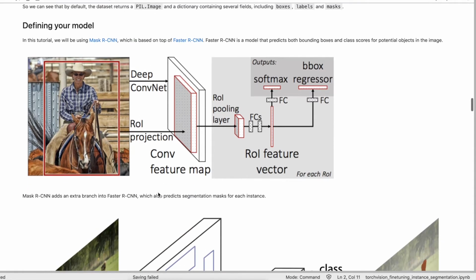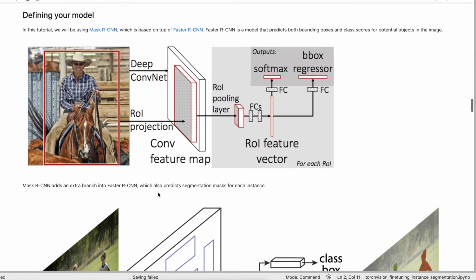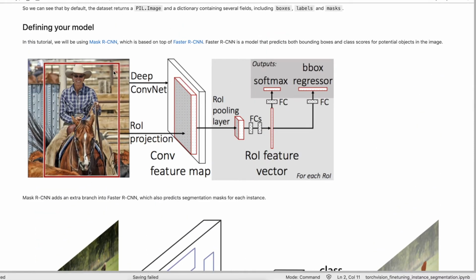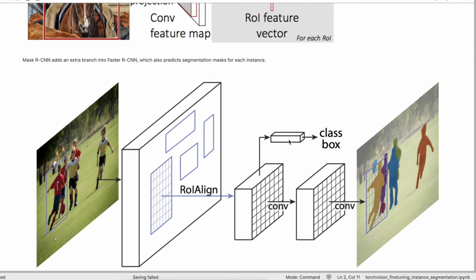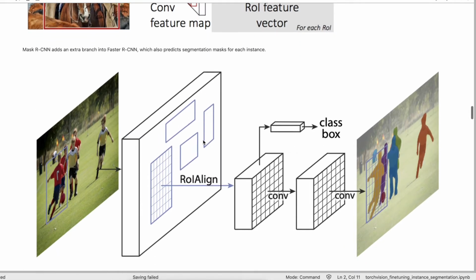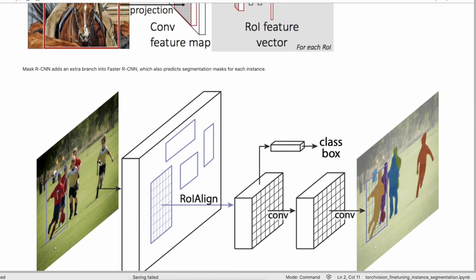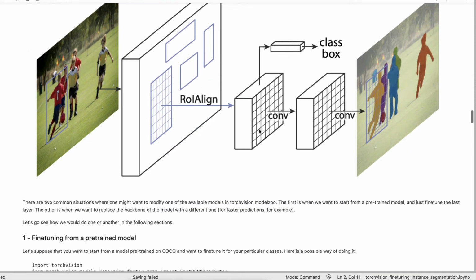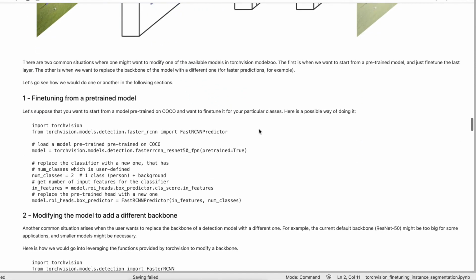Now I will explain the basic fundamentals about Faster R-CNN and Mask R-CNN. Mask R-CNN is based on top of Faster R-CNN, and Faster R-CNN predicts the class and the bounding box. Mask R-CNN adds one more extra layer that gives you the segmentation mask also. The segmentation mask is like a color mask showing how many segmented instances are available in a particular image. In this image, all the persons are available and we mask them as a segmentation mask here. So this is Mask R-CNN.